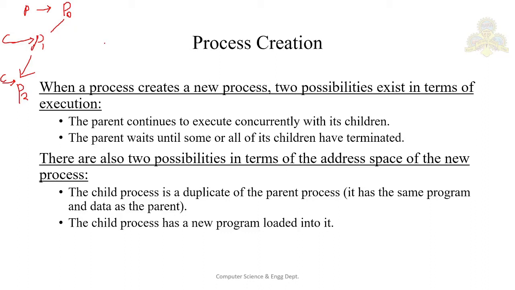Most operating systems identify processes according to a process identifier, or PID, which is a unique number given to a particular process. The process is identified via a unique number that we call the PID or process ID. This is basically an integer number. We'll see a diagram for this, then you'll understand.